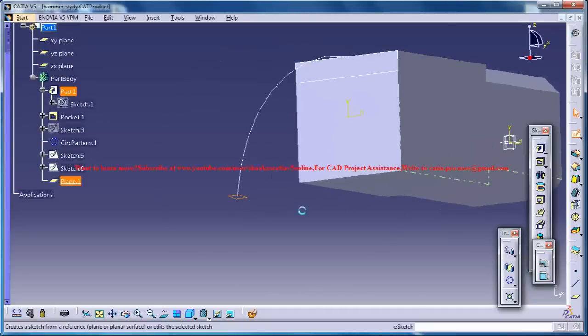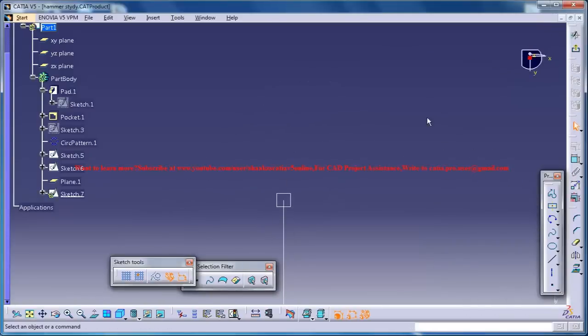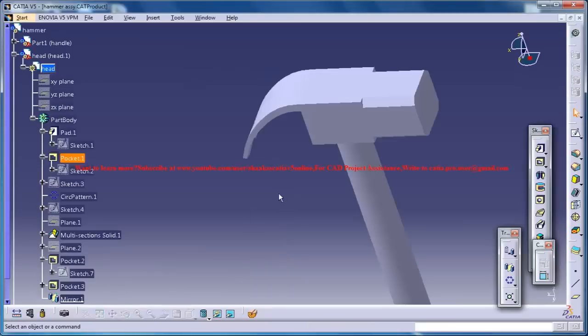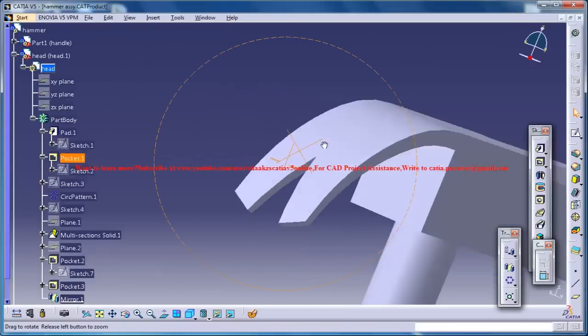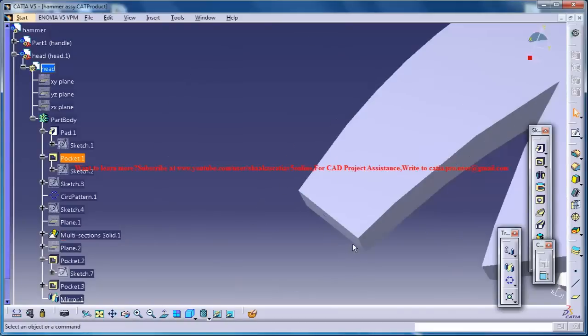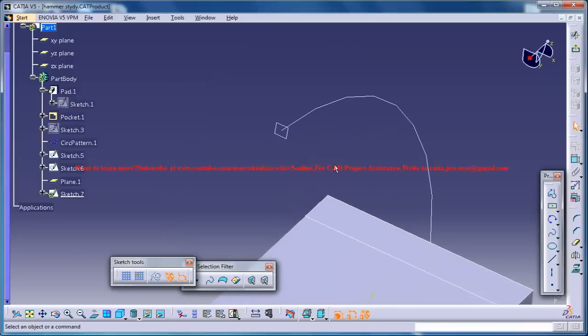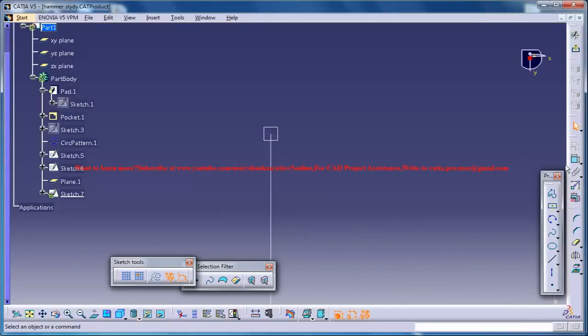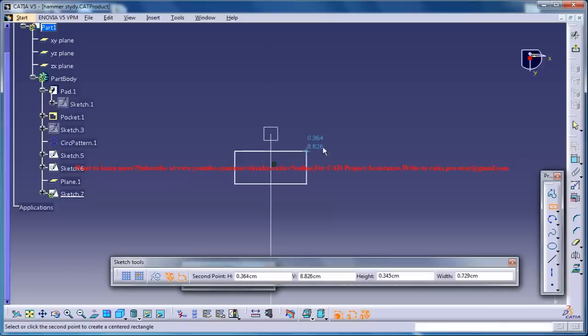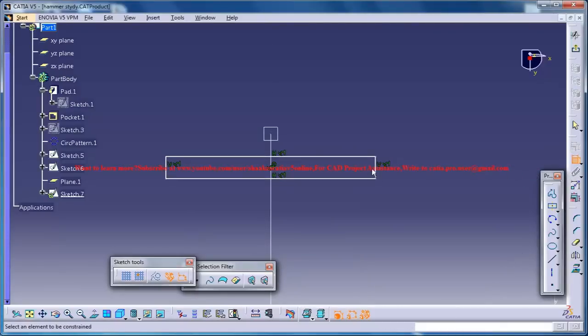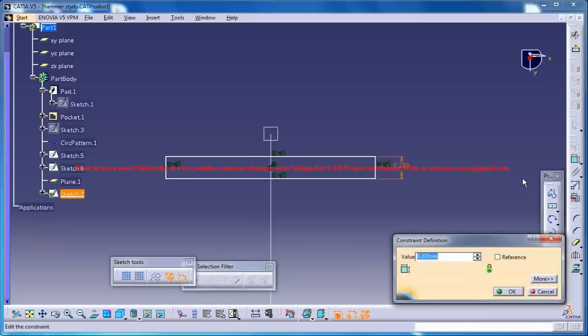Now click on the newly created plane and go for the sketch and just create a rectangle which is of thickness. Now we could refer to this thickness right here. So that's somewhere around 0.167, which I have assumed. 0.167. That's what we want. Just come to the normal view and create a rectangle of thickness 0.167,